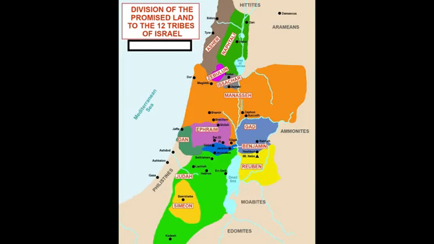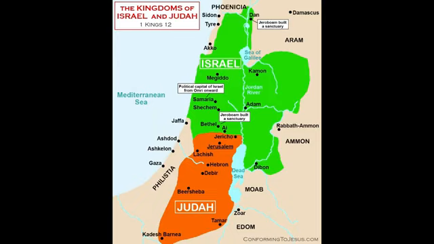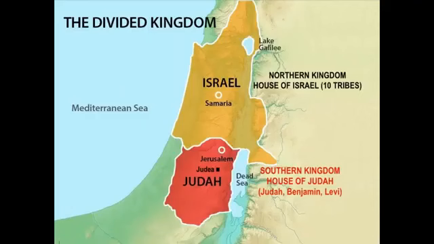And shortly afterward, the kingdom got split. The nation of Israel got split into 2 kingdoms due to some political issues and also spiritual reasons. Hence, the house of Israel, which is composed of the 10 tribes, also known as the northern kingdom, and the house of Judah, also known as the southern kingdom, which is composed of half of the tribe of Levi, the tribe of Benjamin, and the tribe of Judah itself. And Samaria is actually the capital of the northern kingdom, or the house of Israel. And Jerusalem is the capital of the house of Judah, or the southern kingdom.